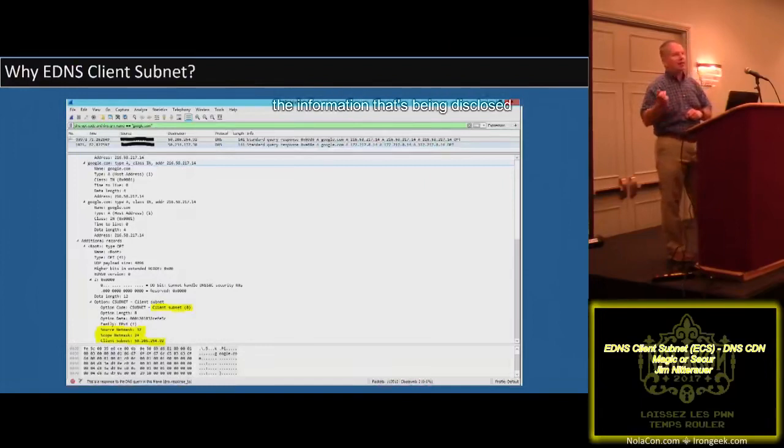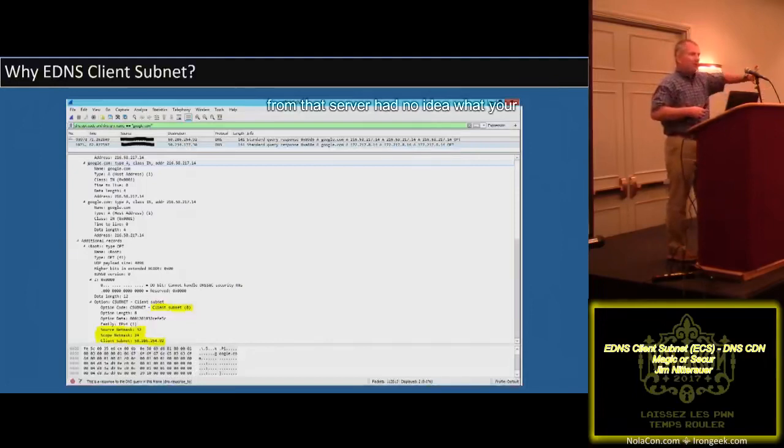And the yellow highlighted part is the information that's being disclosed not only to your upstream recursive server, follow this logic, but to every server in the DNS chain all the way to the root server and every other server that's queried to answer that query. This is disturbing, because normally in a DNS query, you would query an upstream resolver, and it would send a query out on your behalf if it couldn't answer from the cache. But the upstream queries from that server had no idea what your IP address was. With EDNS client subnet deployment, that's no longer true. And we're going to go over how all of that works.